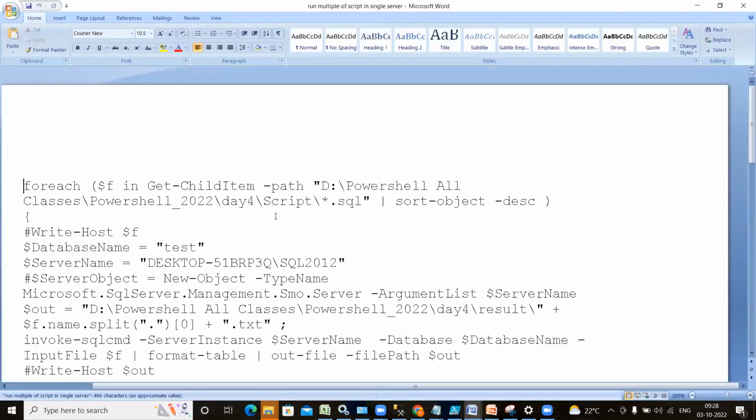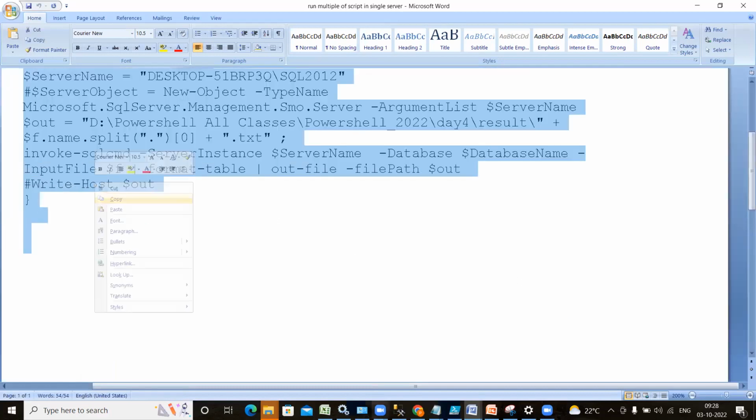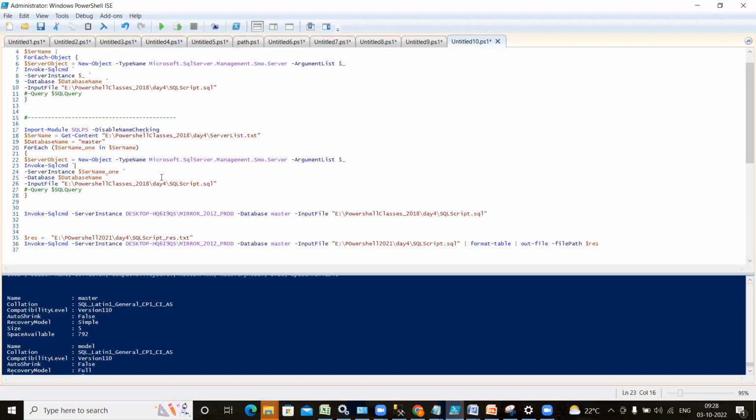So I have opened one script. Let's see what this is, and using this script we are going to understand how we are